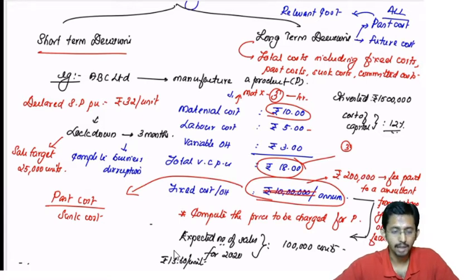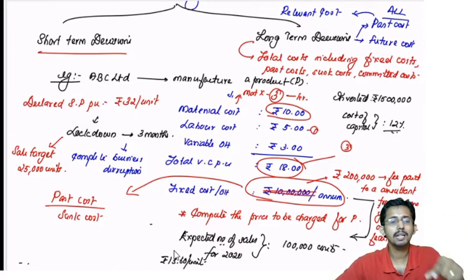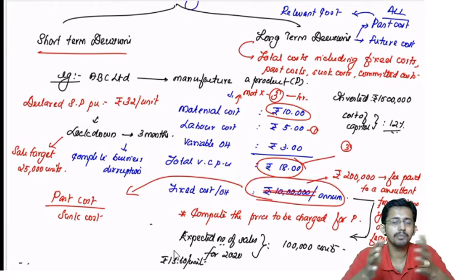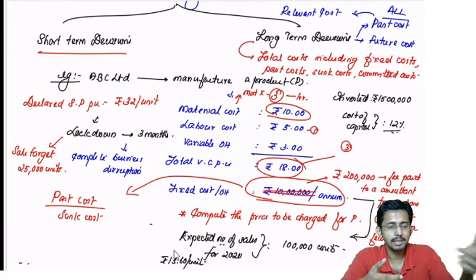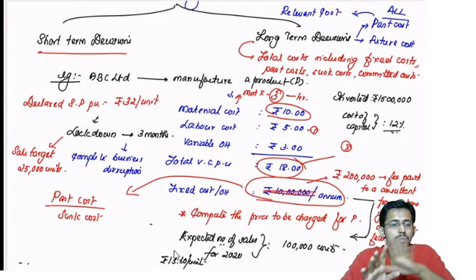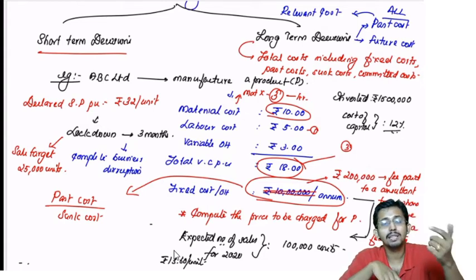Now he is saying, sir, out of this labor cost of 5, 1 rupee per unit represents the labor cost of committed laborers. Who is this committed laborer? Committed laborer means the laborers whose appointment has been permanent. If they are appointed as permanent laborers, what is the problem? Their salary has to be paid mandatorily, whether it is locked down or not, because it is a committed cost for the company. So whether you produce this particular product or not, you are not going to save that cost. Again, that 1 rupee is an irrelevant cost.